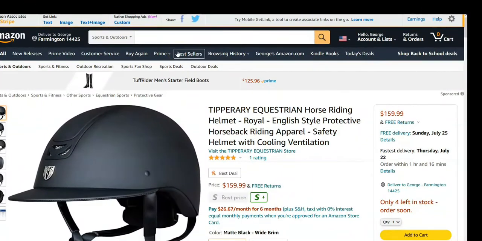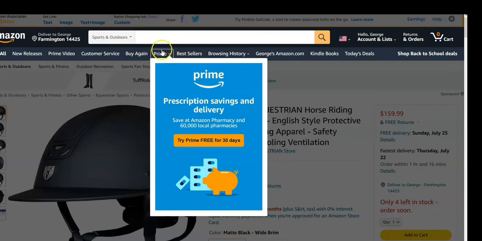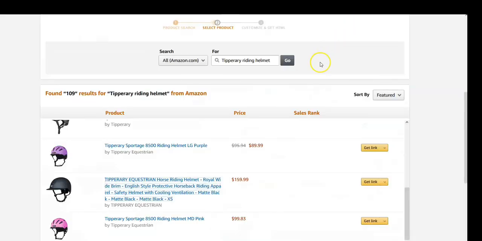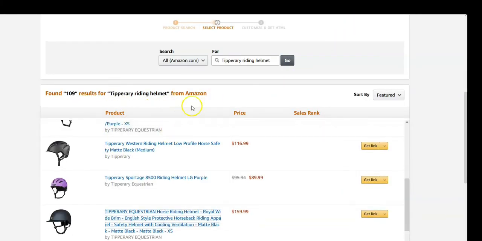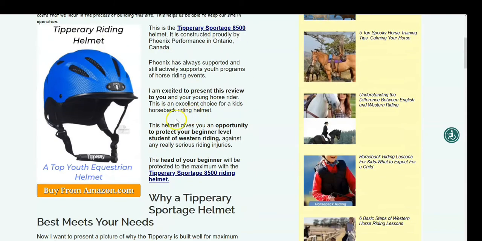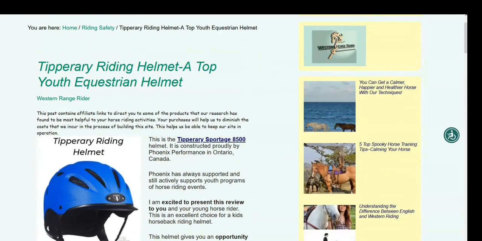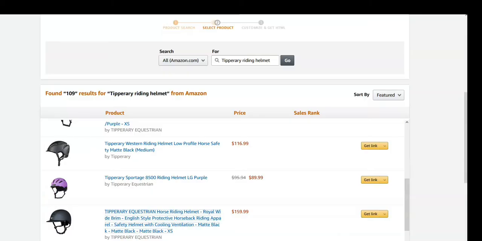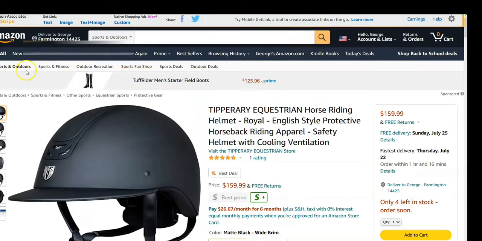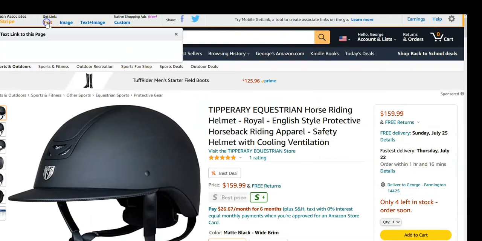Okay, so continue. What I'll do is show you a perfect example of what is going to happen here. I'm going to go into my Amazon Associates account, and I want to get a link. I put in the keyword temporary riding helmet, because on my website I've got a riding helmet. I've got one helmet featured here on this page. So I'm going into my account. I'm going to open a new link up for this one here, and it opens this page up. And what I want to do is come up here and get a link. So I'm going to get just a text link.